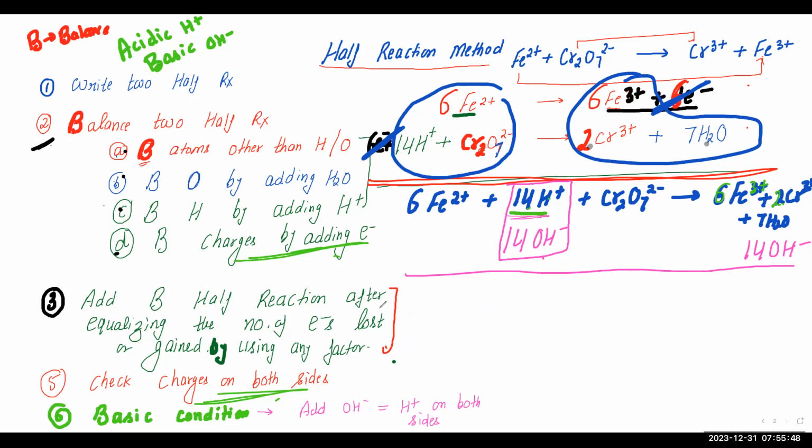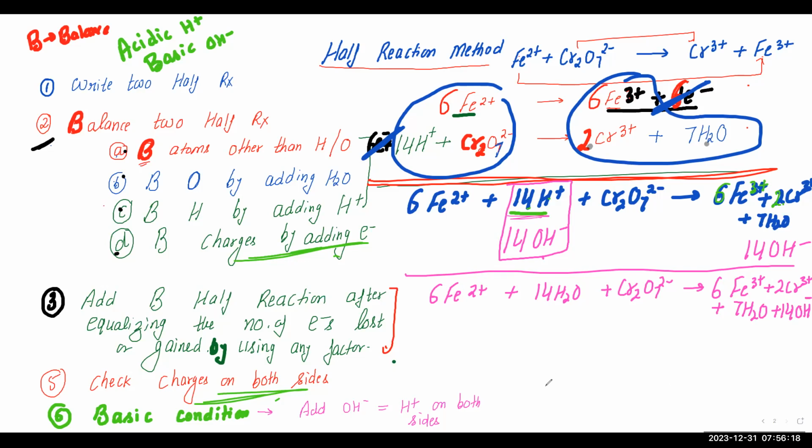H plus is neutralized. There is no H plus now. In place of H plus, there are 14 H2O. 14, right? Cr2O7 2 minus, giving you 6Fe 3 plus 2Cr 3 plus 7H2O plus 14OH minus,